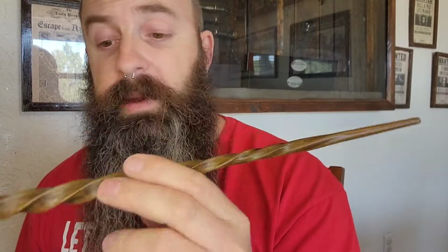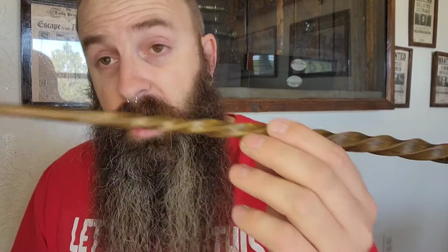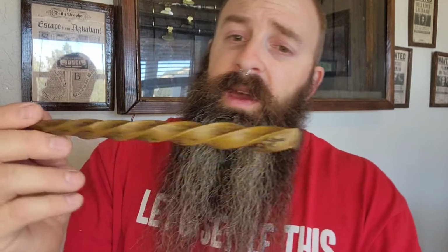And just to remind everybody, this wand, just like all the rest, is made of resin. These wands are not made of real wood. I've heard rumors that the early wands that Nova Collection made were made out of wood. But again, that's a rumor. I would find it really hard for them to mass produce wooden wands. Although that would be fantastic. You wouldn't really have to worry about them breaking. I guess you still would, but